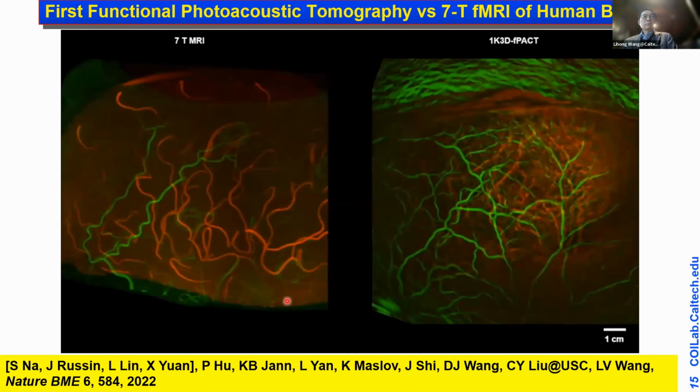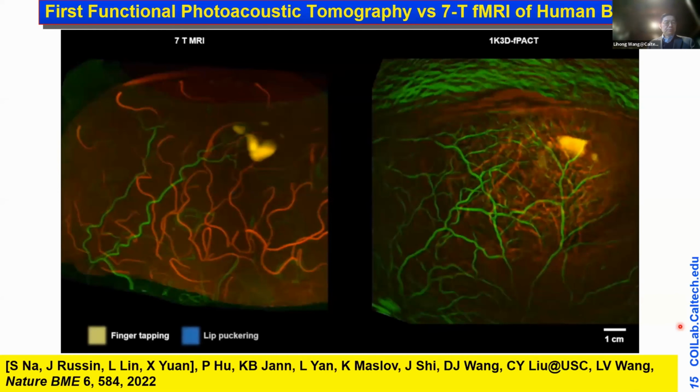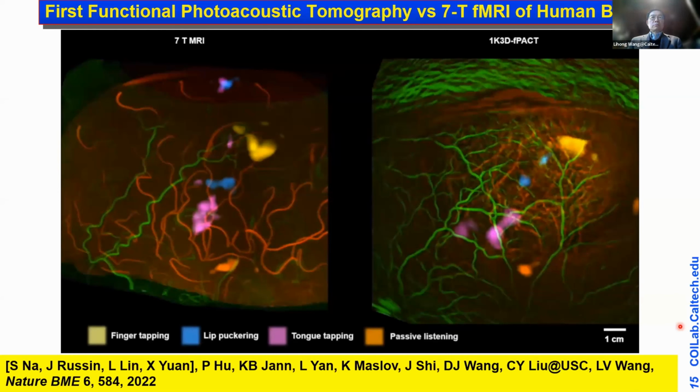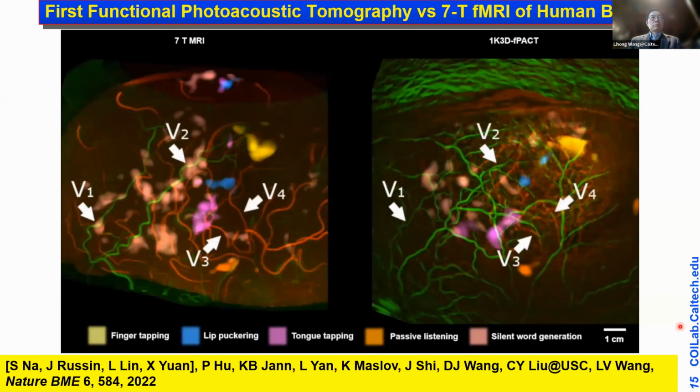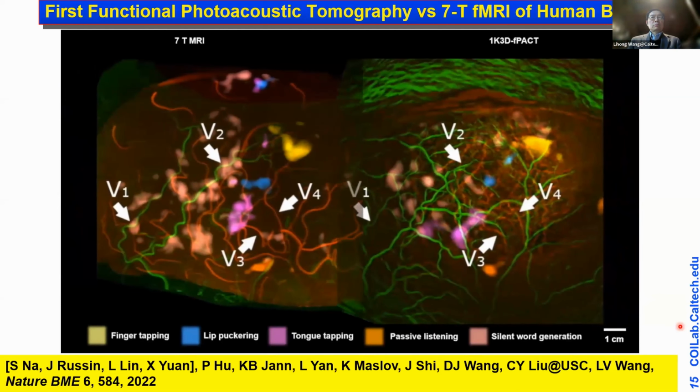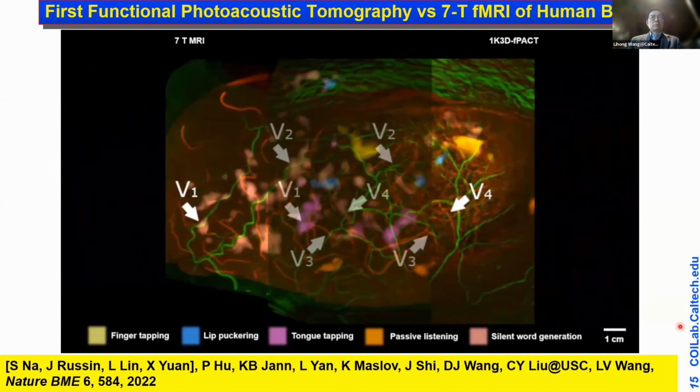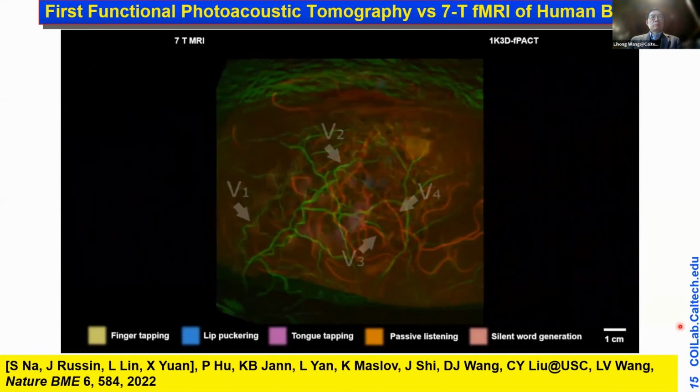Here we present results from subject 1, 7T MRI on the left, functional PACT on the right. Individual functions are flashed in, starting with finger tapping, lip puckering, tongue tapping, passive listening, and silent word generation. Vessels for co-registration are then labeled 1 through 4, vessel 1 and 2 being superficial temporal artery, 3 and 4 being cortical arteries. The images are overlaid, and then individual functions are flashed in, starting with finger tapping,